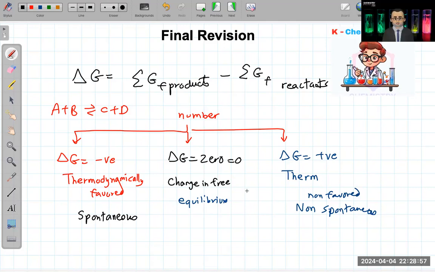He will give me two types of equations. In the first type of reaction or example, he will ask me to find delta G. So he will give me a reaction and tell me to find the delta G. And I will give you now the equations to find this out. And in some reactions, he will give me the delta G and ask me to find something else. I will give you now a couple of reactions in which delta G is related to other points.